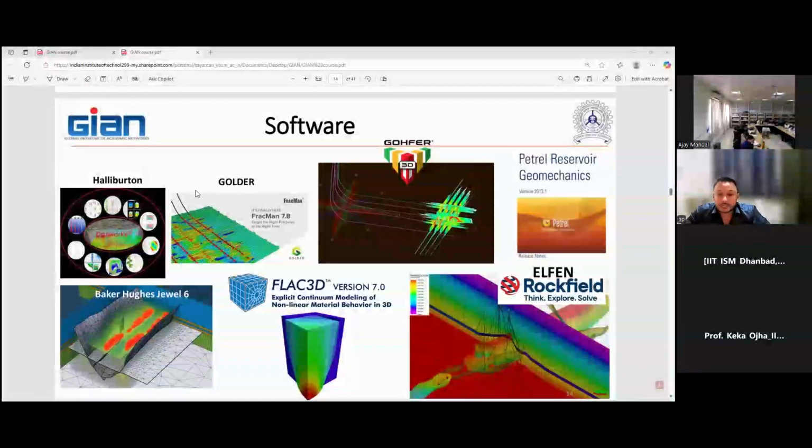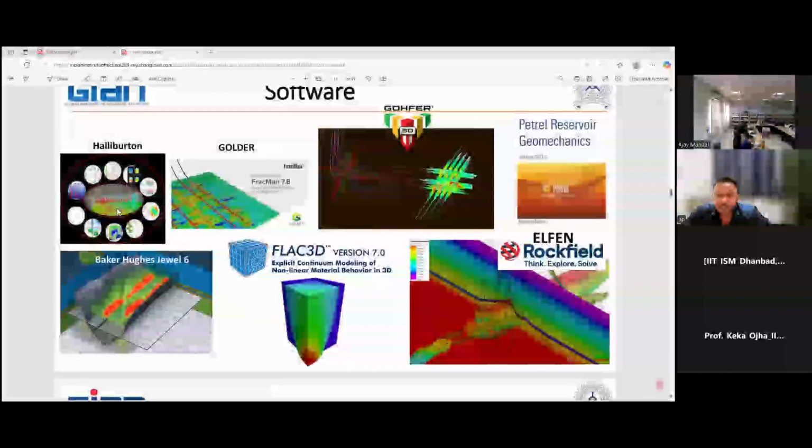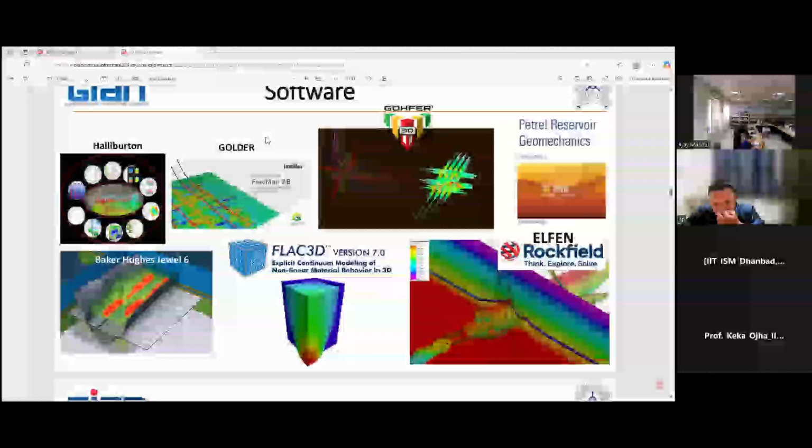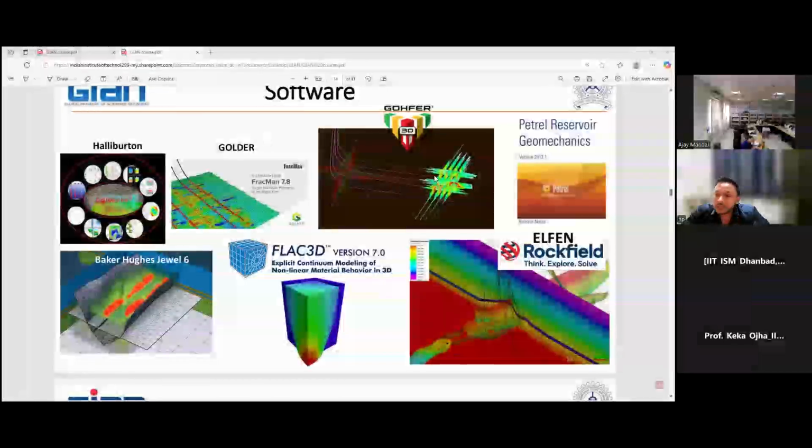So you can see there are different software such as DrillWorks Predict from Halliburton, Frackman from Golder, then you have Gopher from Barree & Associates, Petrel Reservoir Geomechanics, Baker Hughes JewelSuite, Flac3D, and ELFEN Rockfield. Okay. So DrillWorks Predict is a Halliburton software. It is a premier software